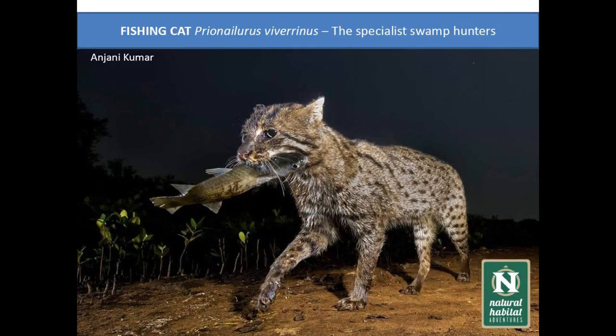So here's a portrait of a fishing cat, a camera trap image of a fishing cat catching fish. And they are designed perfectly, and in fact they have very large canines to grab fish. And also, this is a cat which is less often known for its ability to survive in aquatic ecosystems. So when you talk about cats, a lot of people say only the jaguar and the tiger are the two cats that